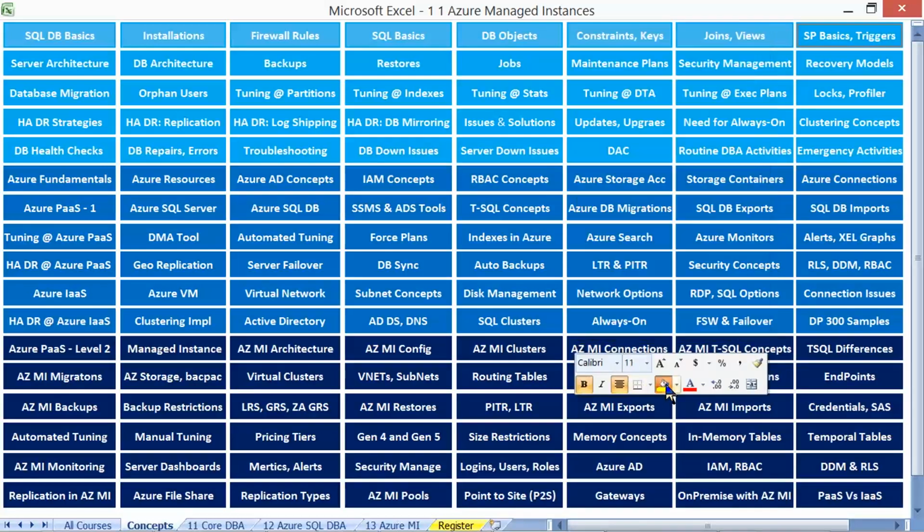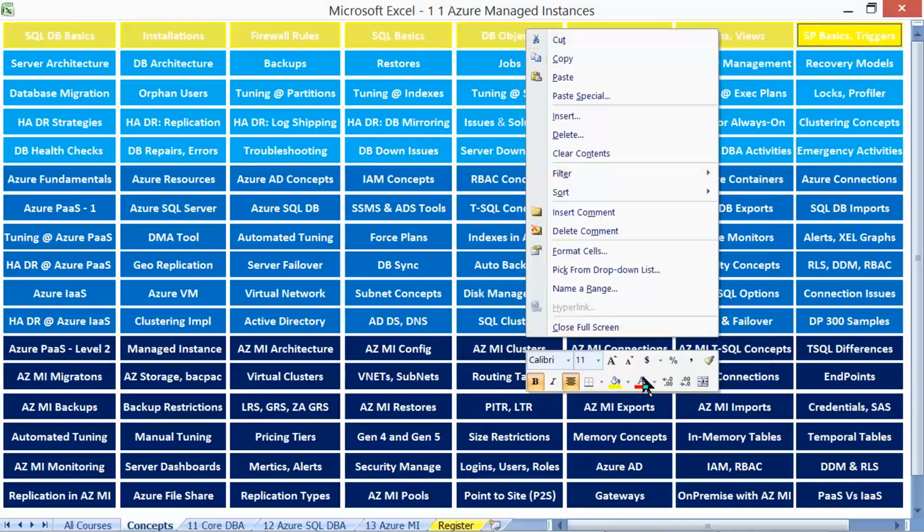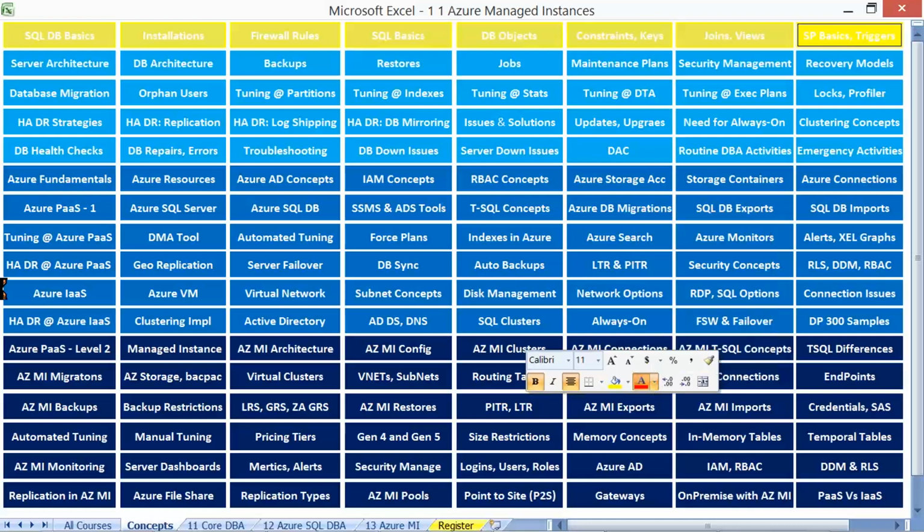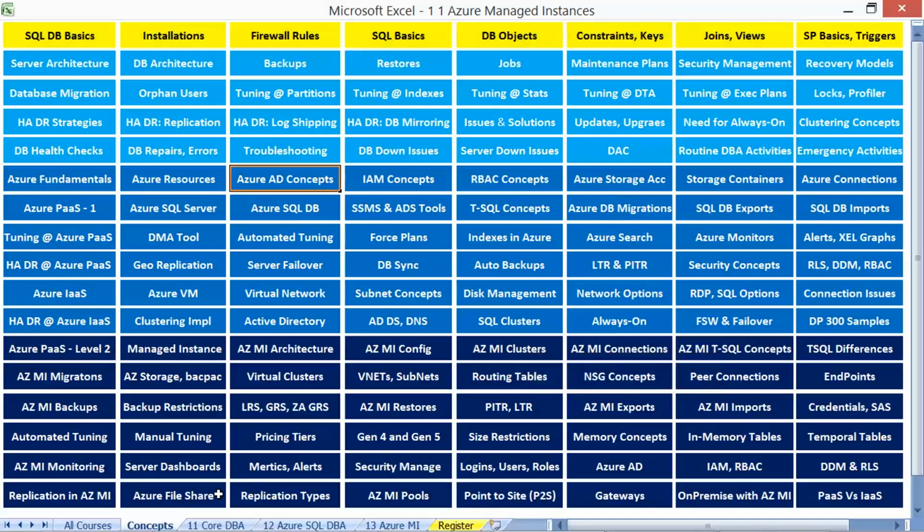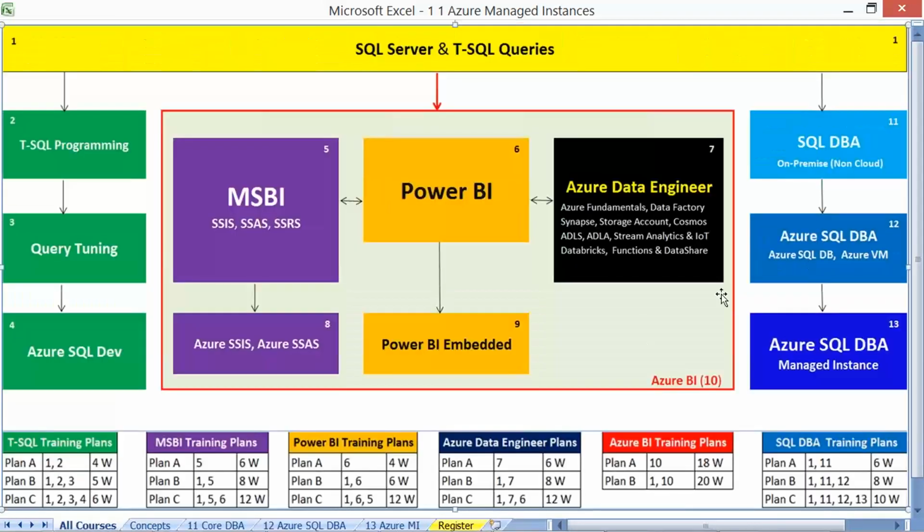They actually come under box number 1. I mean to say, this particular screen, box 1, 11, 12 and 13. Yes, here we go.